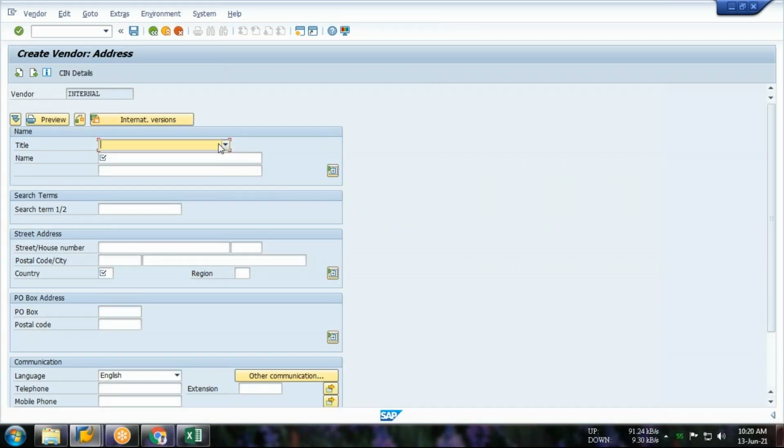Now I'm going to create a fresh vendor. Company, say for example, Adani Port. Okay, street.